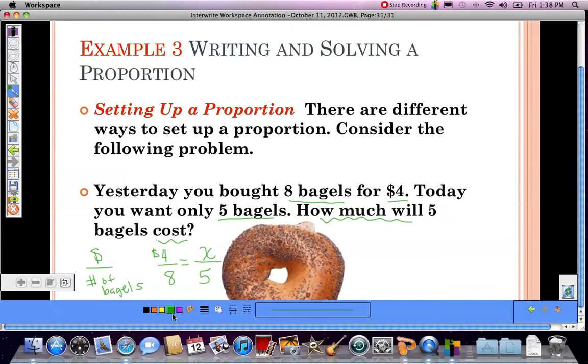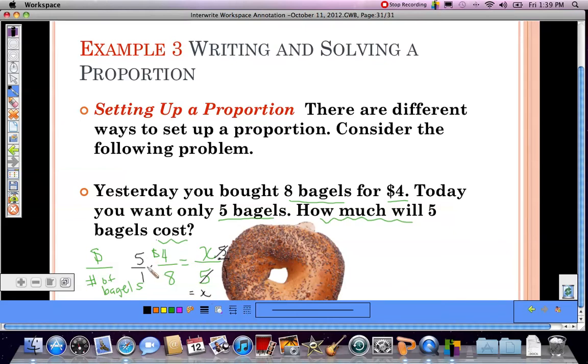And now I will solve the proportion. Now, as I'm looking at the denominators, I don't think I can do mental math because I cannot think of a number. 8 times what will get me to 5? I can't think of a number. So I'm going to use the second method, which was algebra. They divided by 5, so I'm going to multiply both sides by 5. That way this will cancel. Multiply both sides by 5, and I'm left with x equals,